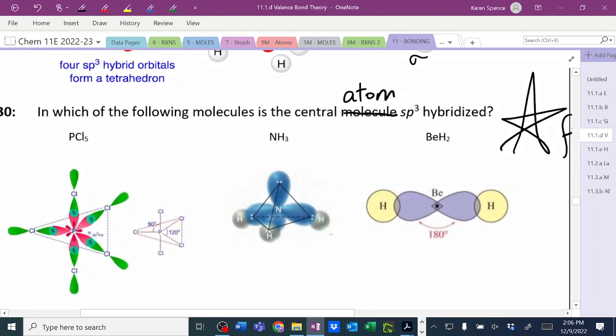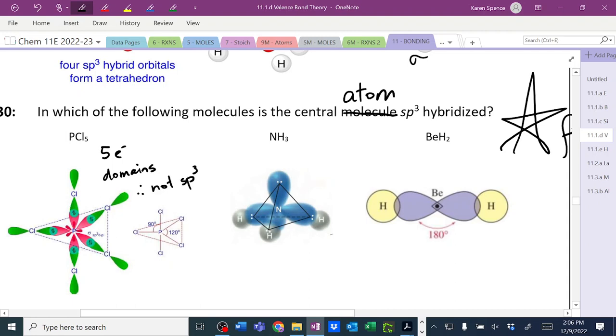Do we have an sp3 hybrid in PCl5? No, we do not, because there's not 4 electron domains, right? How many electron domains do we have here? 5 electron domains. Therefore, it is not